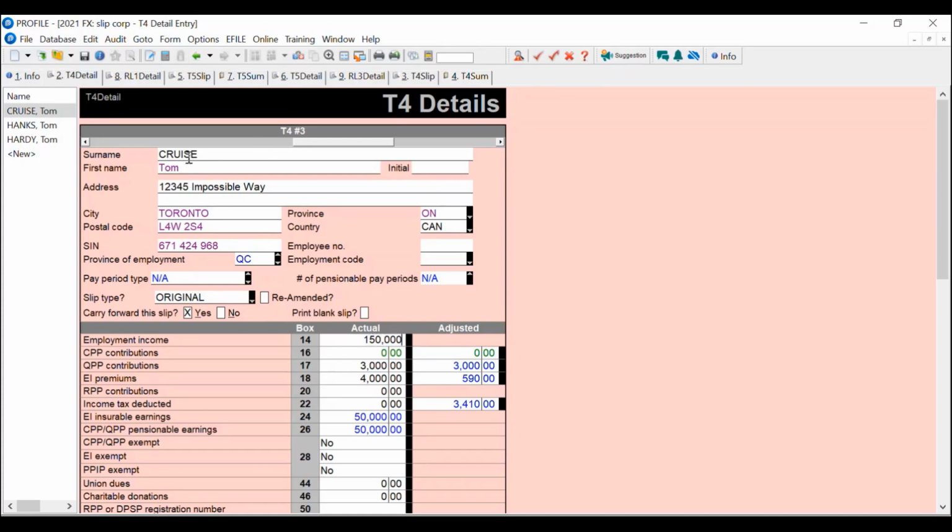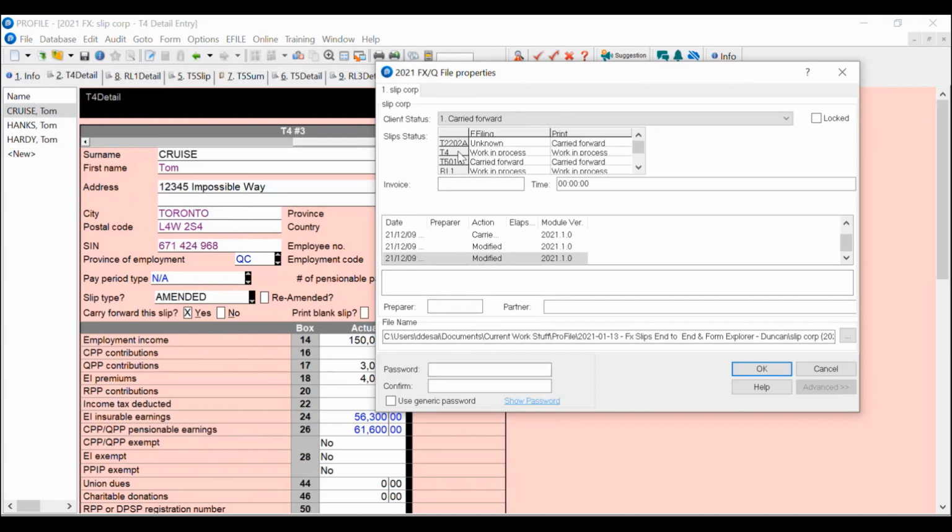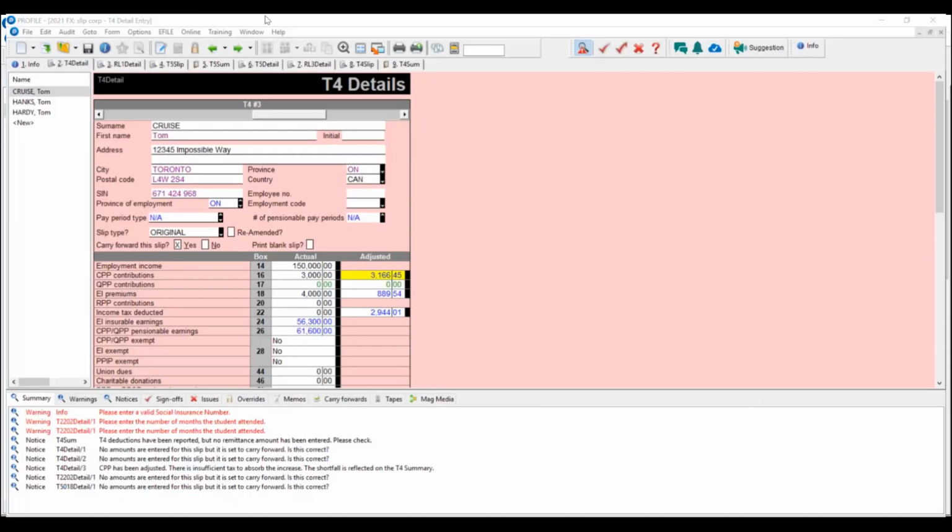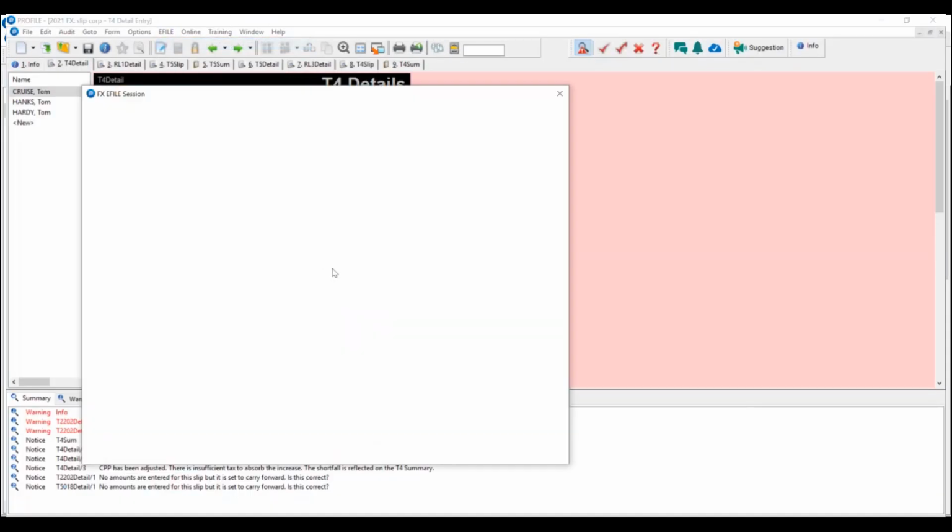Still a lot less for Tom Cruise, but say that I need to change that. So then the next thing you have to do is change the slip type here to amended, because we've already transmitted the original. And then we'll just go to File, Properties, and make sure that the T4 option is work in process or just not e-filed. So work in process, click OK, so that when we go to transmit this, it's not going to be grayed